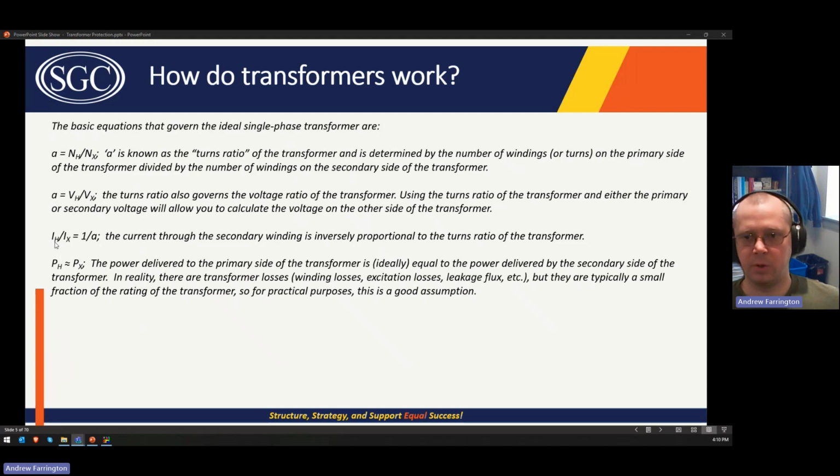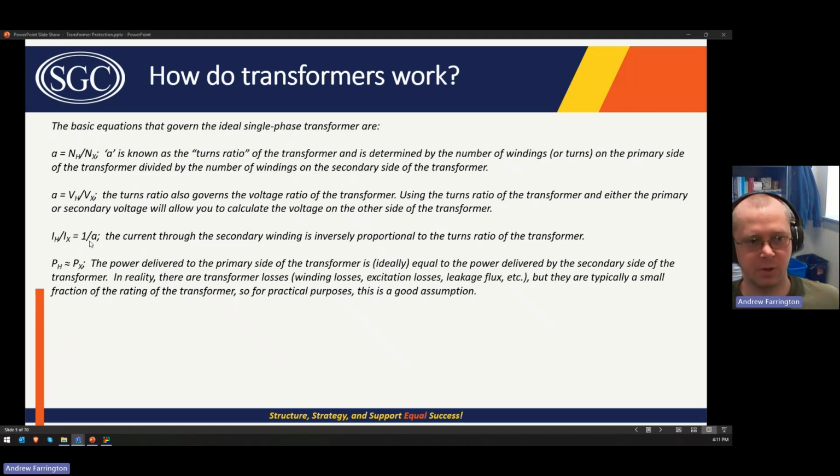The current in the high side is inversely related to the turns ratio. So if you have a lot of fault current or a lot of current through the high voltage winding, you'll get a related amount of current out of the low voltage winding related to the inverse of the turns ratio. So I guess the key takeaway is, if you have a high voltage winding and you're providing power to a load, the high voltage winding will tend to have a lower amount of current than the low voltage winding, which will have a higher amount of current